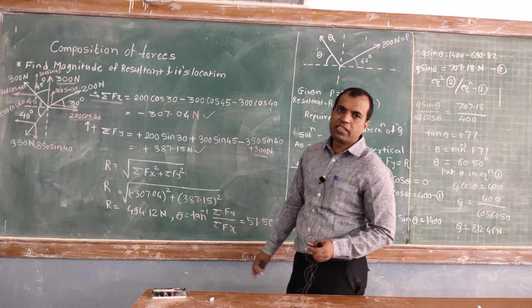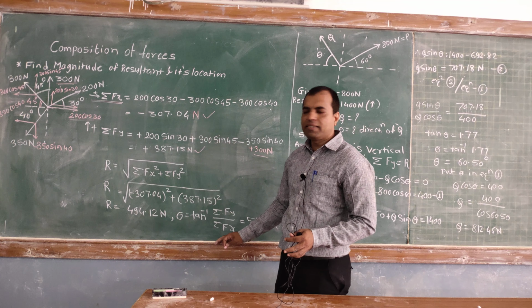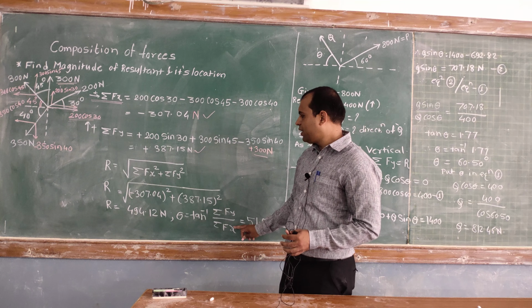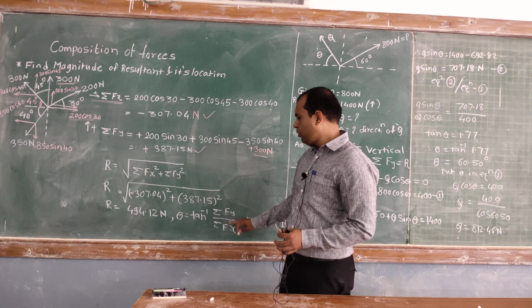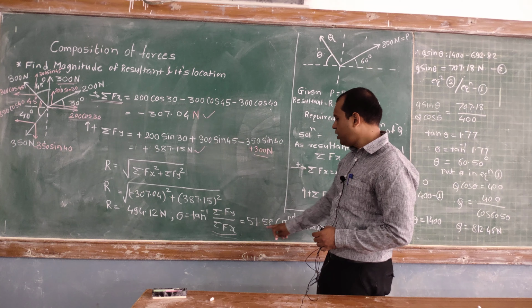Then find out the theta. Theta is nothing but the tan inverse of summation of Fy upon summation of Fx. Here the denominator is Fx, therefore you will get the angle with respect to x. You can write down tan inverse of Fx upon Fy also. When you write tan inverse of Fx upon Fy, then you will get the angle with respect to y direction. Many students make the mistake over here. So you have to remember that the angle is with respect to the direction in the denominator. So here the angle is with respect to x direction,